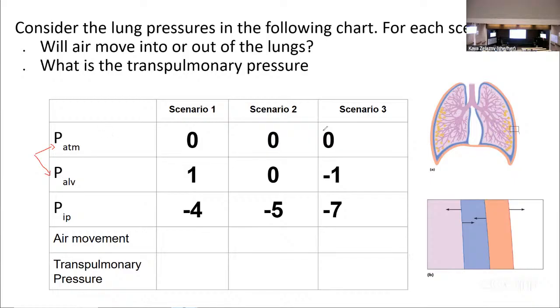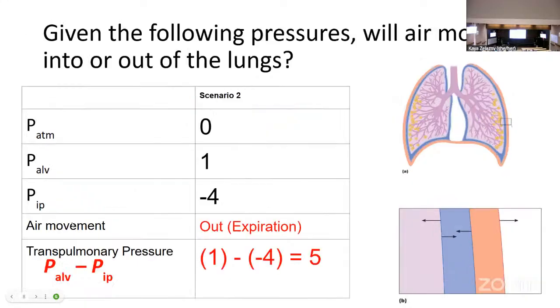And since atmospheric pressure is always 0, you could get away with just looking at that alveolar pressure, whether it's negative or positive. So our positive numbers are going to be high, so those are going to be breathing out. Negative numbers, breathing in. 0 means we're at rest. We don't have a pressure difference there. We don't have a delta P, so we wouldn't have any flow. So if we click through them,